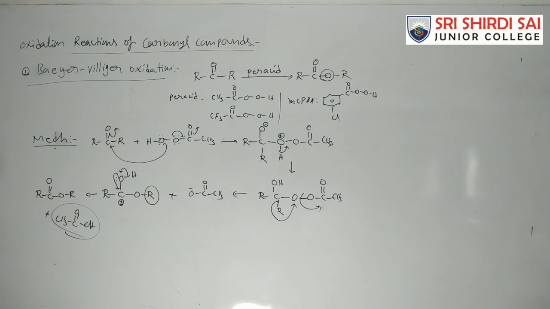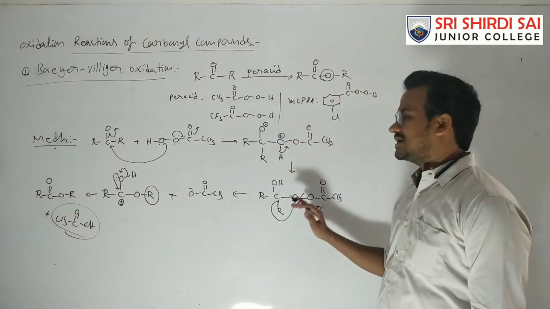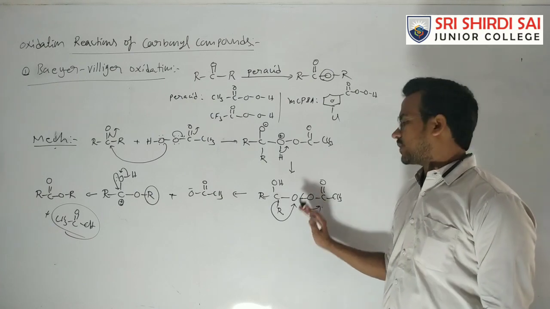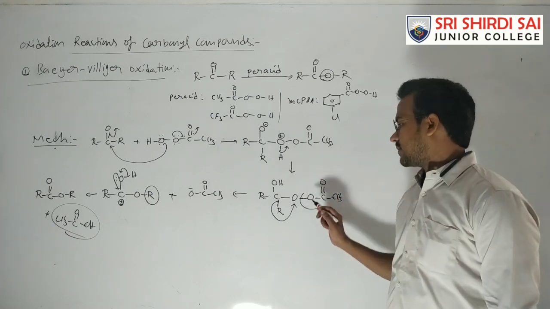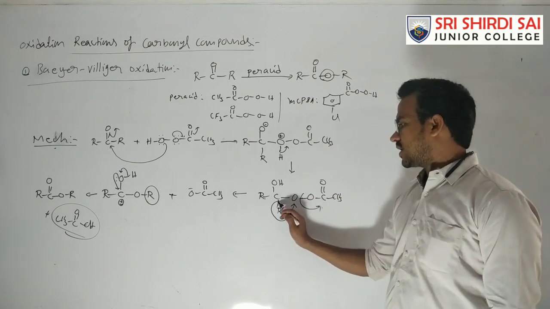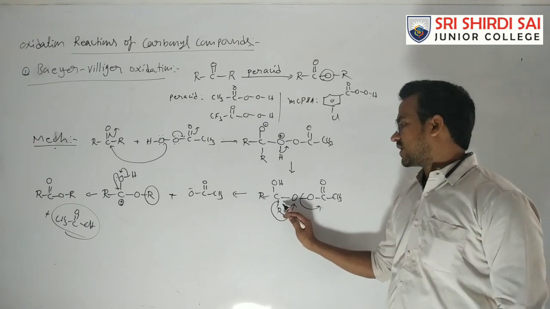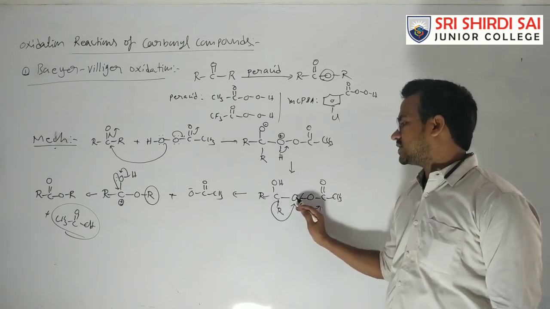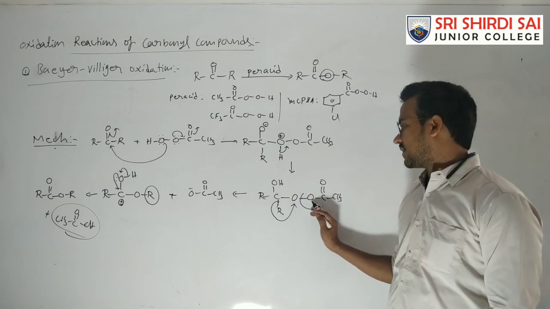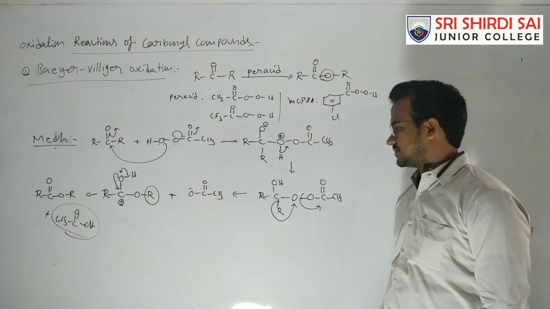First of all, that peracid combines with carbonyl compound. So in this case here the proton transfer takes place. The main key step is the migration of alkyl group and leaving of this acetate ion. By the leaving of this acetate ion, this oxygen becomes electron deficient. Then this alkyl group is migrated. That means here this alkyl group is migrating with a pair of electrons. That R minus is bonding with O plus. Okay, this one becomes an O minus. Of course, it is a good leaving group because it is stabilized by the resonance.